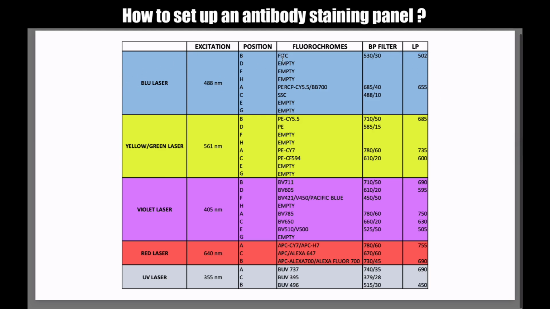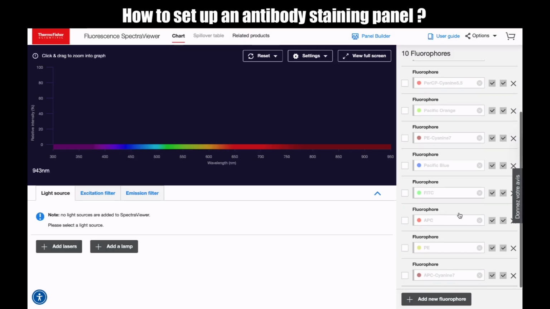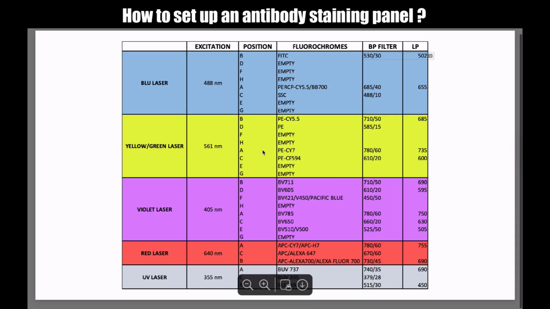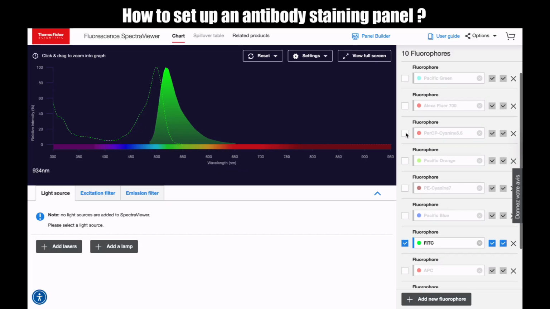We have here FITC and PerCP-Cy5.5. These are included in our staining panel, all right, because you have the FITC here and you have PerCP-Cy5.5 here, and I added them. So for example, FITC would be like here, and the other one, for the blue laser, PerCP-Cy5.5, is already in our panel.